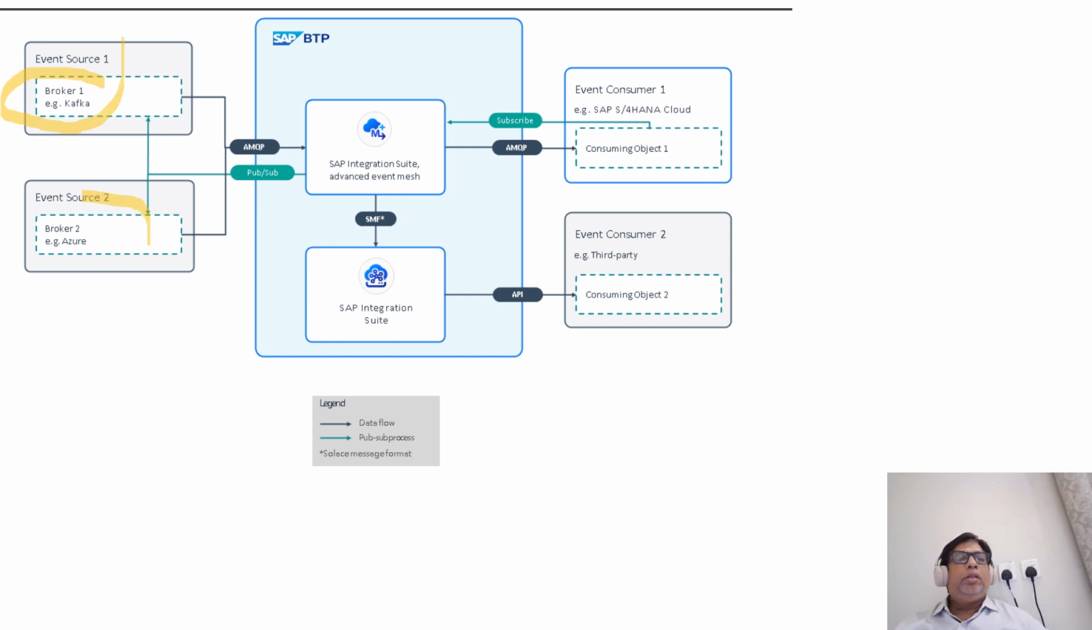Here also you can see Azure broker. This is one more Azure broker. So Kafka broker will be a tightly coupled broker. So it can transform the data without any loss of data. So AMQP and